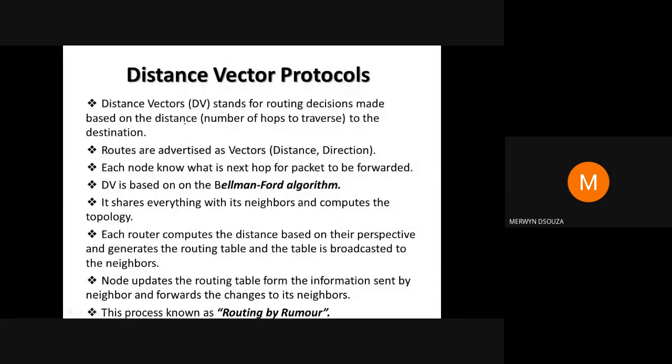So this is what we discussed yesterday. One thing that you need to remember very clearly is that each node can get routing information only from its neighbors. Neighbors meaning direct connection. All other nodes that are not directly connected but are present in the network, the status of those nodes can only be obtained by rumor. By rumor meaning from the neighbors. Whatever the neighbors are reporting in the messages, you have to believe.